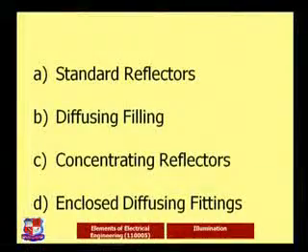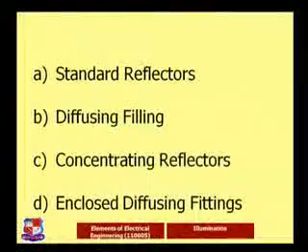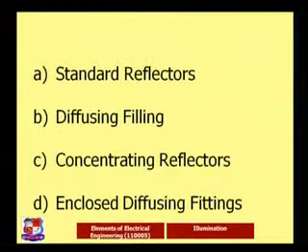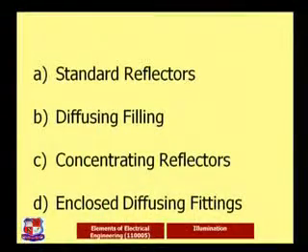The second one is the diffused fitting. When diffusing is there, we require uniform lighting, so such fittings or reflectors are used, which give uniform lighting in that particular area or location. Concentrating reflectors, as in the example of the operation theater in a hospital, are used when we require a high amount of light to fall onto one particular location or object. The reflectors work together with the scheme, and almost 100% of the light falls onto that particular location or object. The help of those reflectors is the concentrating one.